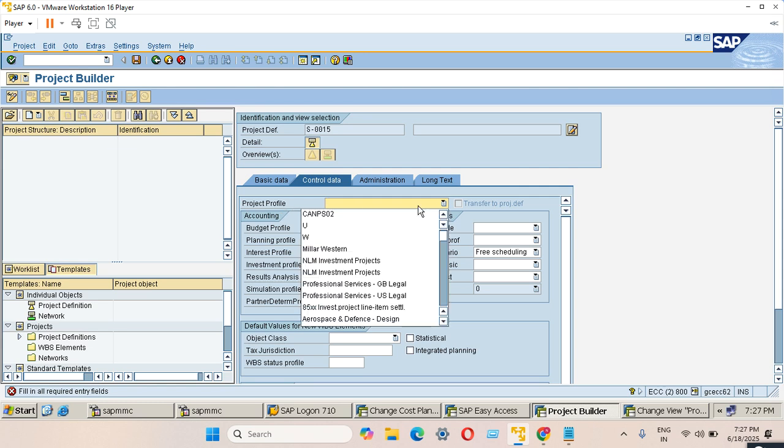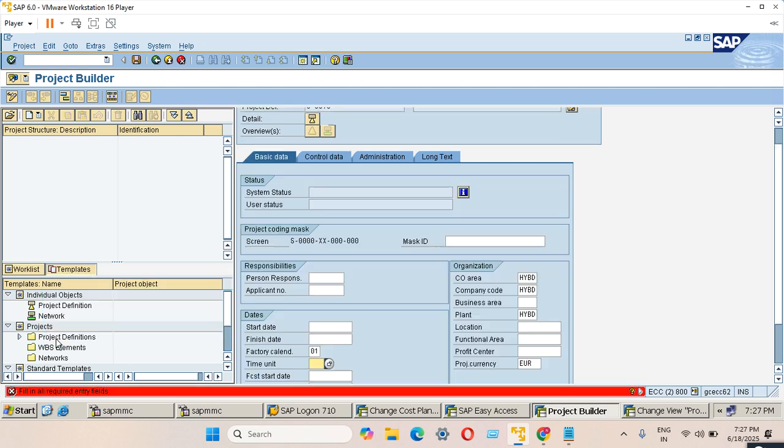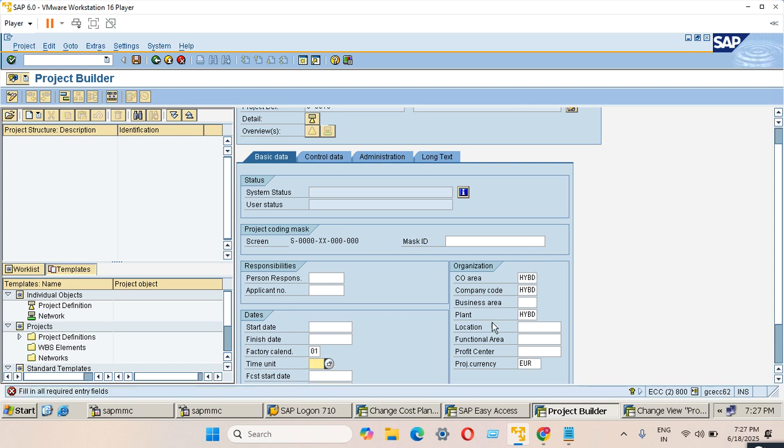Project profile, if I click on this and try to select our project profile, whichever we have created, Swapnil, if I try to click and click on enter, see here, these details are already copied. Correct. So what is the required full time unit is